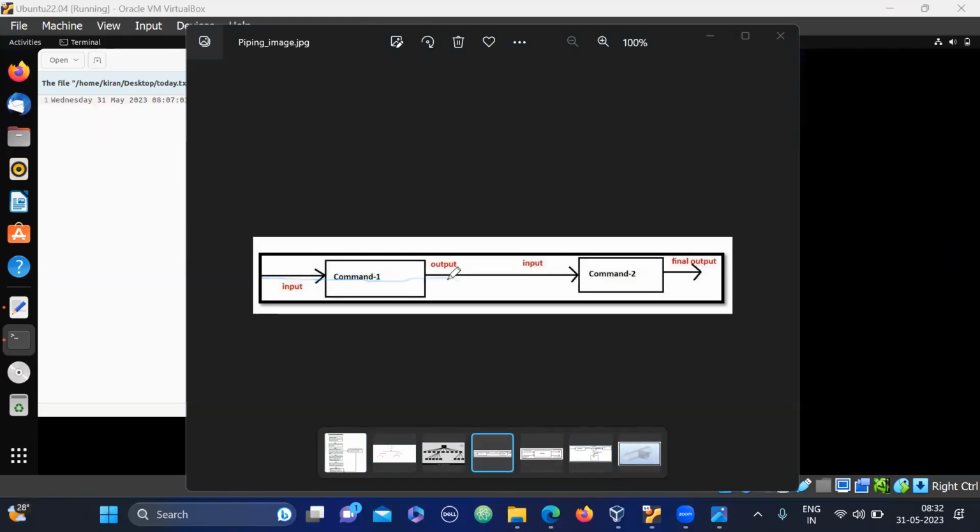The data stream flow, we are getting the output. How did you get this output? With this command, one execution is successfully completed and we got the output. If you want to pass this output as input to this second command,